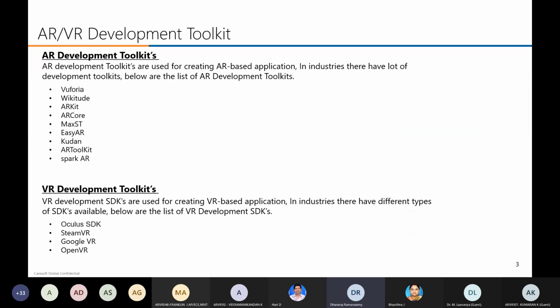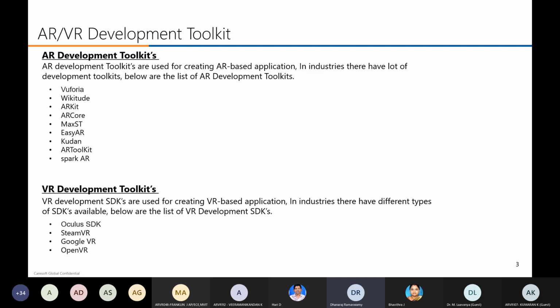As I said earlier, today we are going to see the development toolkits that are there in the market. Let us go one by one. Without a development kit, you can't develop AR or VR applications.